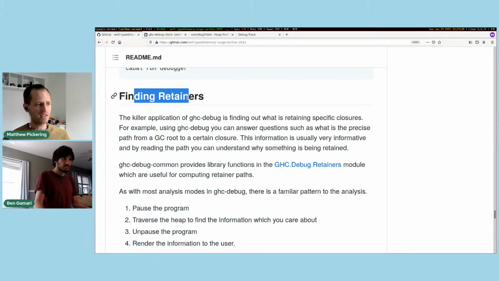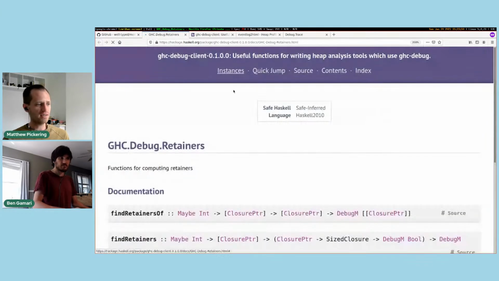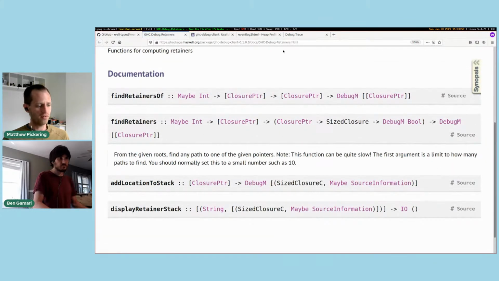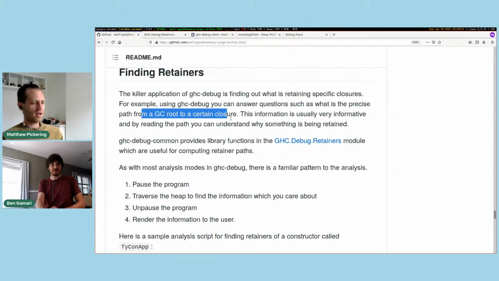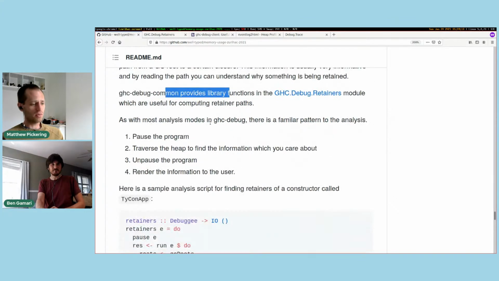So in ghc-debug, there's this module, ghc-debug.retainers, that provides you a few library functions which allow you to find and visualize a retainer path. Visualize is quite a loose word at the moment, but it will be improved in the future if it's more than just me using the library. So how do we use ghc-debug retainers? Well,